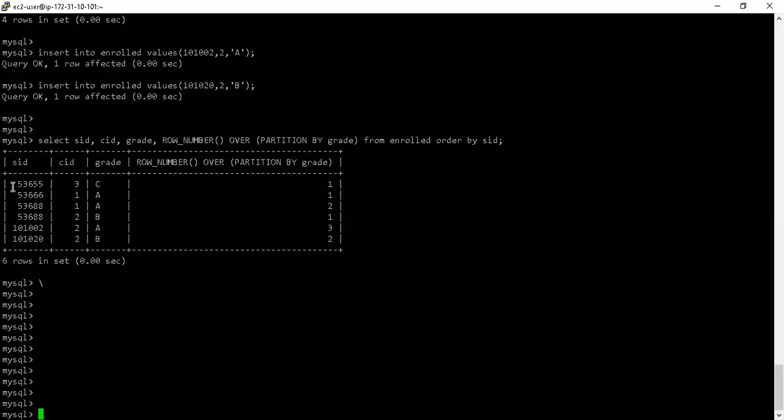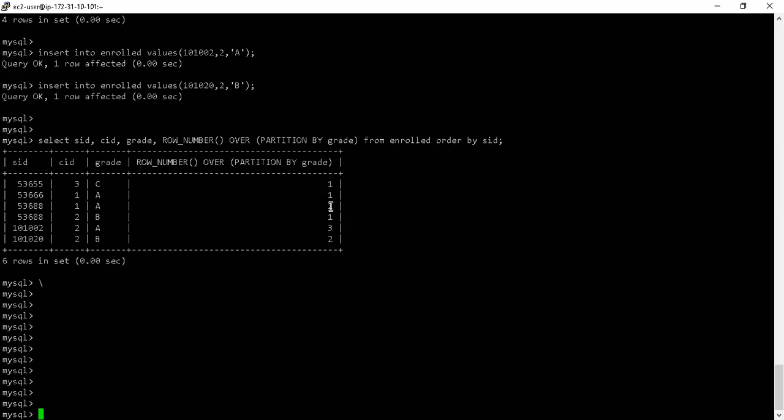If you take an order of these four, because I've not mentioned a descending order, obviously it has taken an ascending order. In ascending order, this is the smallest value, this is the next value, this is the next value, right? So it has taken the unique combination of these three values as one single cluster, so this one and this one become 1. What is the next value that it has to consider? The next highest value for SID, which will be partitioned by grade, right? Because I've ordered by SID, it is going to take the next value.